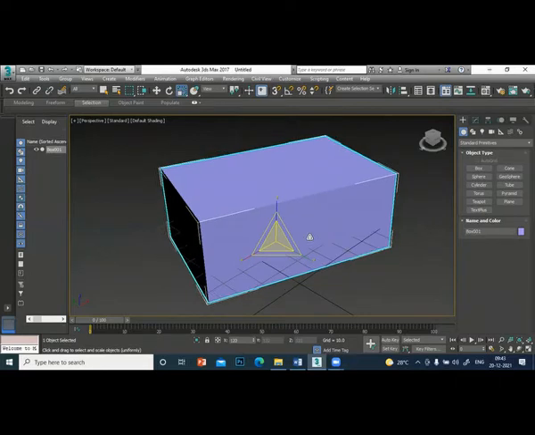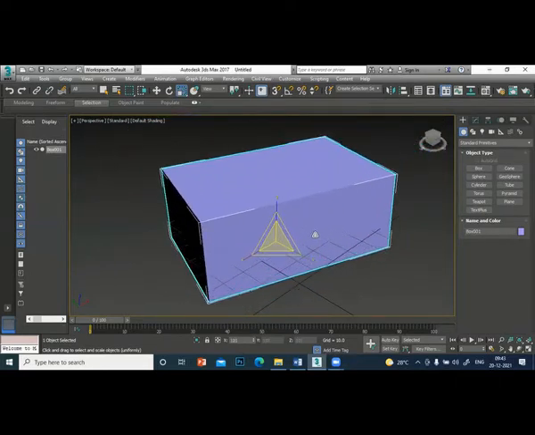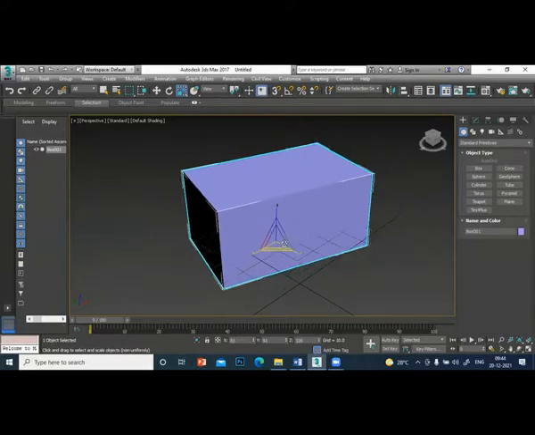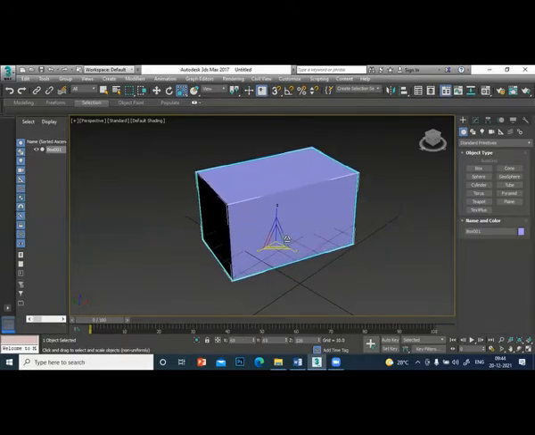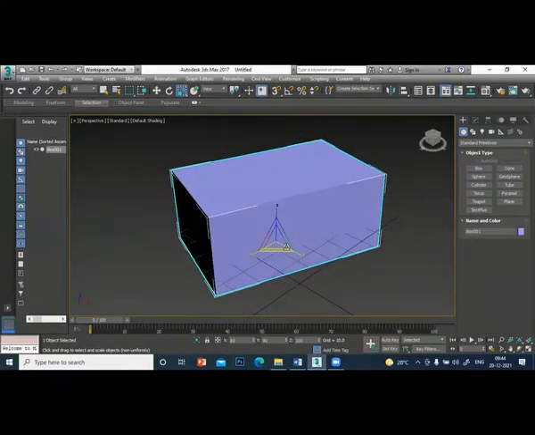Because uniform scale means it scales all three directions. When I come here, non-uniform. Non-uniform means instead of the full scale filling, you can see only one side filling. So I can scale in two directions. You can see down where the things are changing, X and Y.